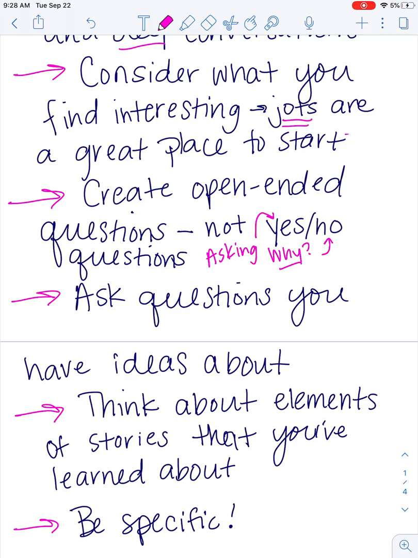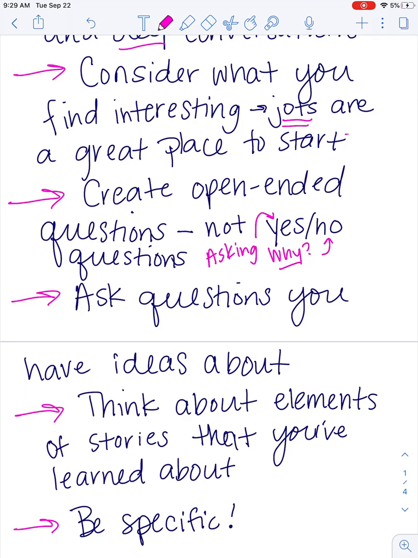And then our last tip is to be specific. Rather than asking a really broad question that could be asked about any story, like if I said, how does the setting affect the character? I can ask you that about literally any narrative. Instead, you should be more specific. Is there a specific setting you want to think about and a specific character that seems more interesting? Is there a comparison between two characters and two settings that you want to make and talk about more? The more specific you are, the more interesting it's probably going to be to talk about, rather than just, how is the setting affecting the character?